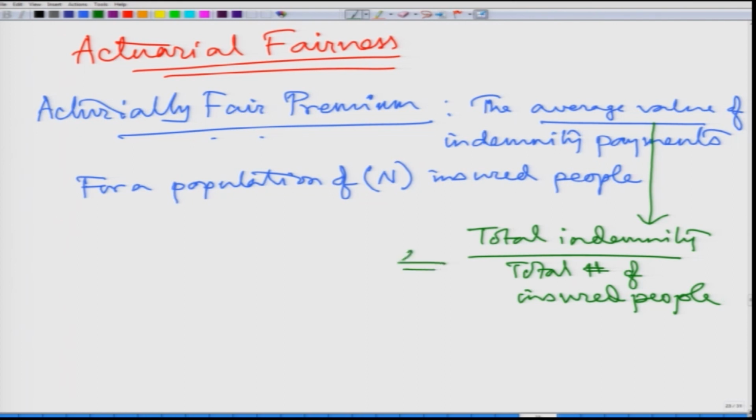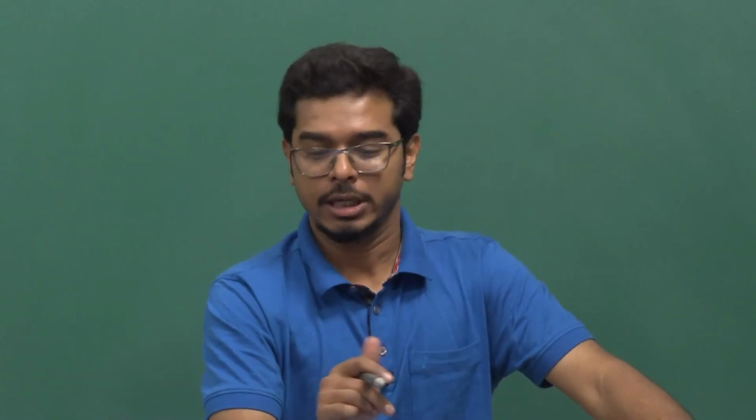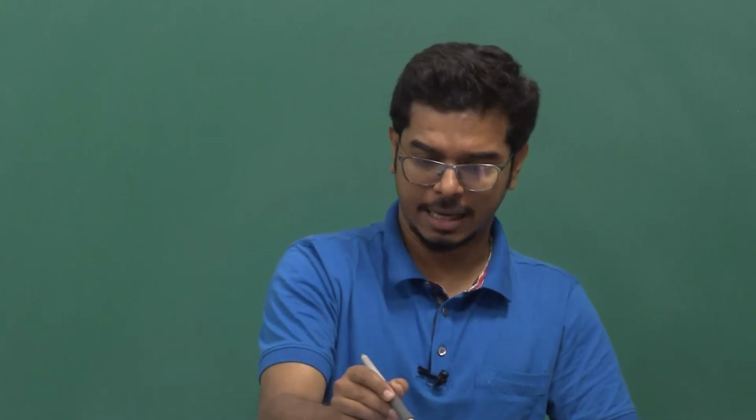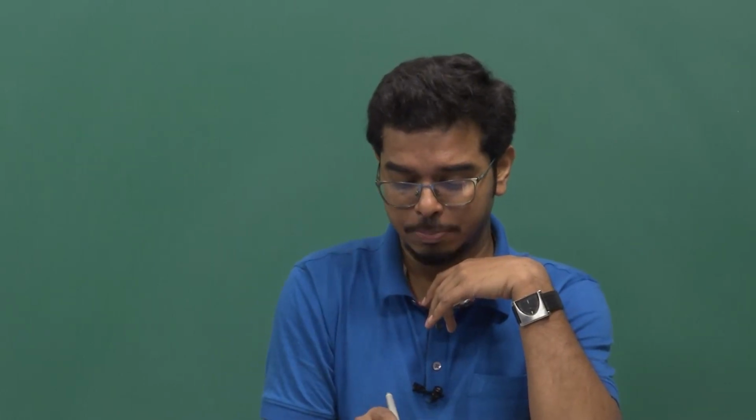Yes, so your total indemnity is summation (1 minus C) into X divided by N. This is my average indemnity, right? And if that insurance company charges this actuarially fair premium, then they are paying all their revenue out to meet the claims from the patients, and then they don't have any money to pay for their staff. So this actuarially fair premium is very risky, because in this case your P is this,